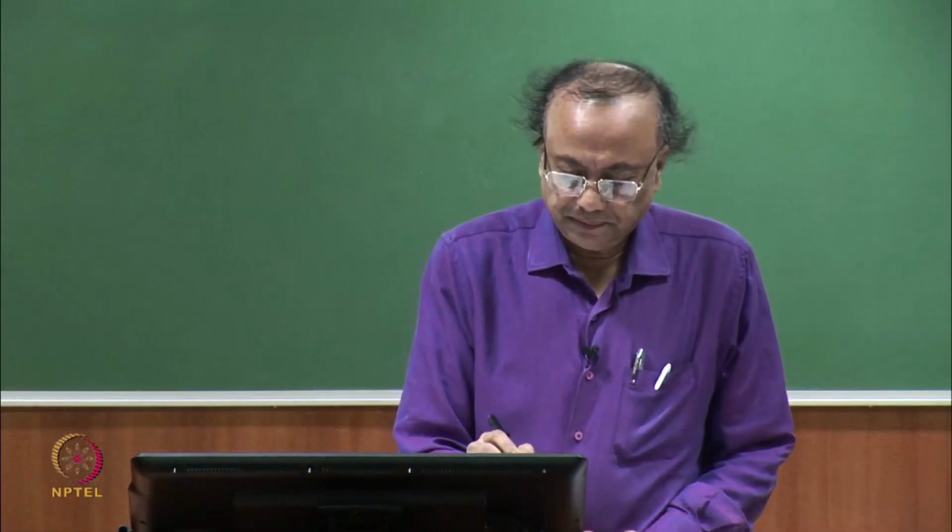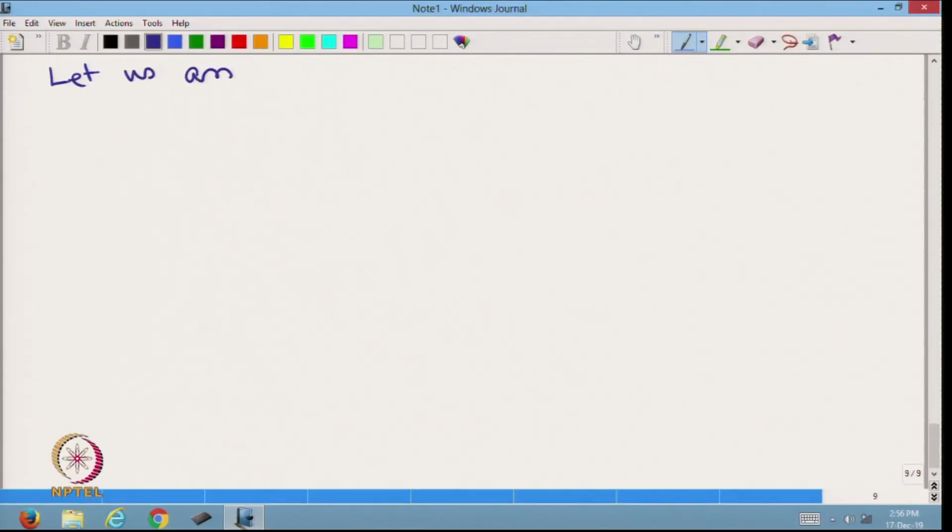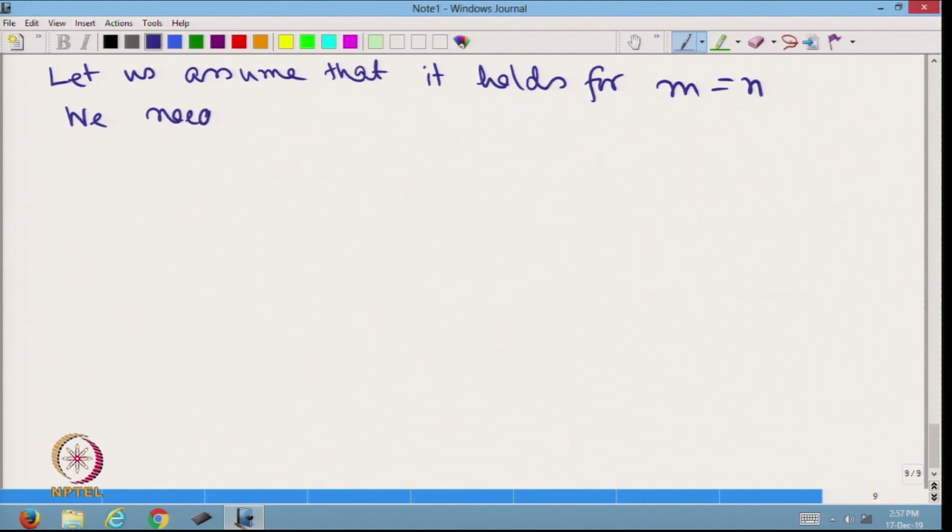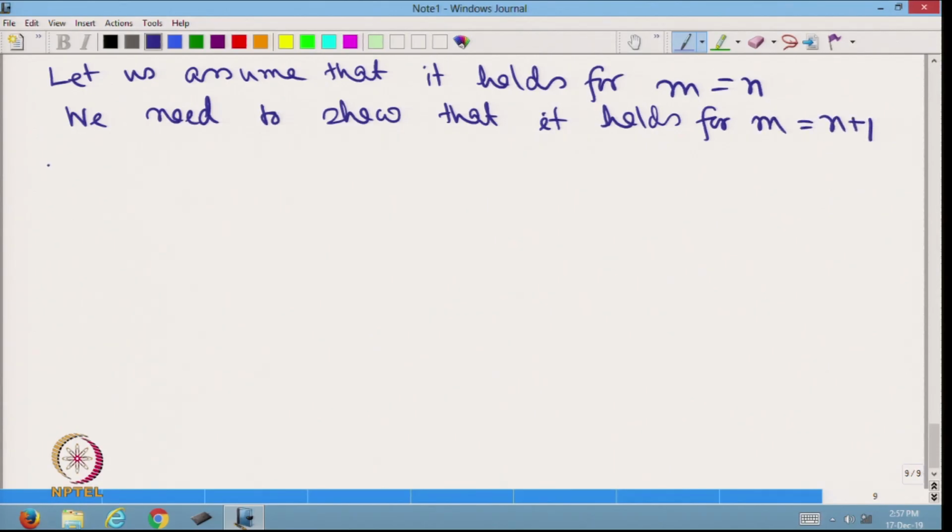Let us assume that it holds for m is equal to n. We need to show that it holds for m is equal to n plus 1. Therefore, by induction hypothesis we have